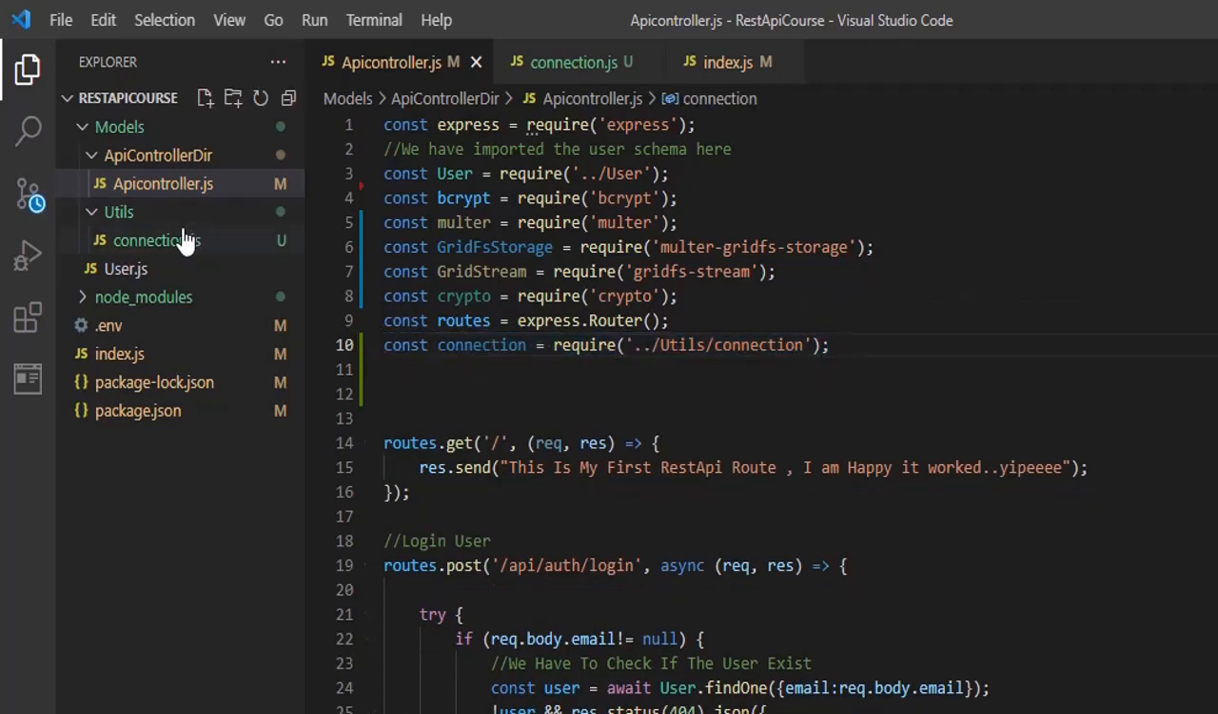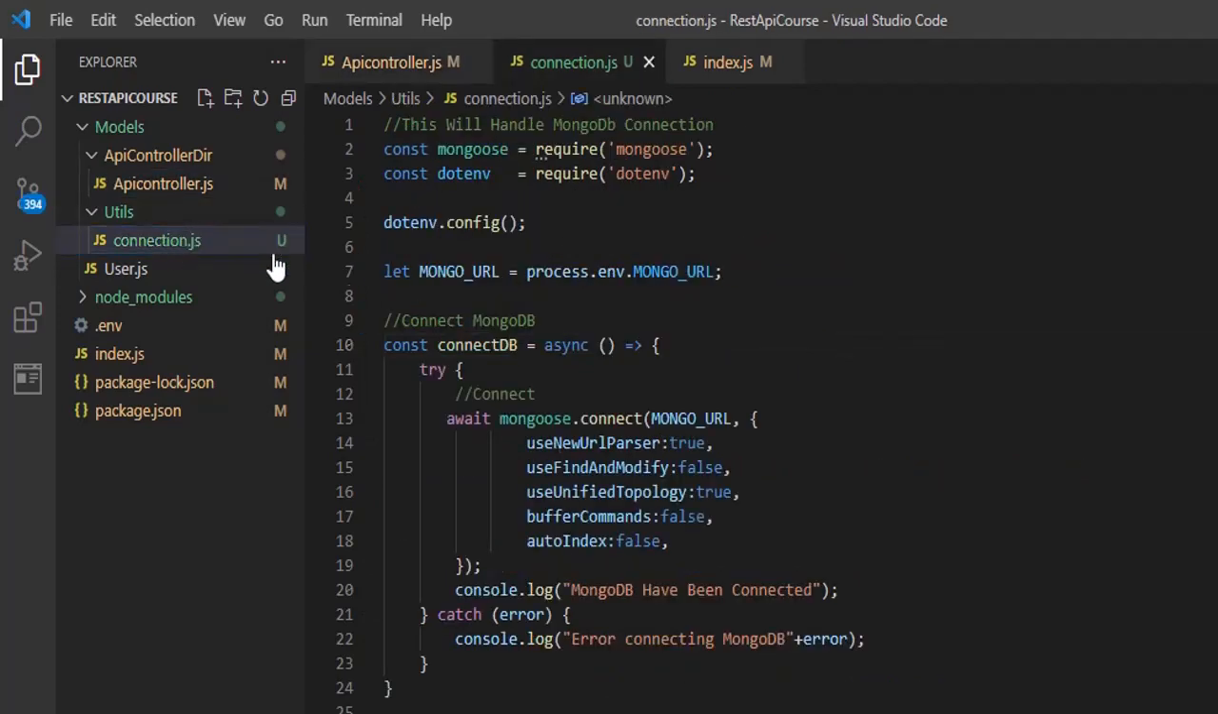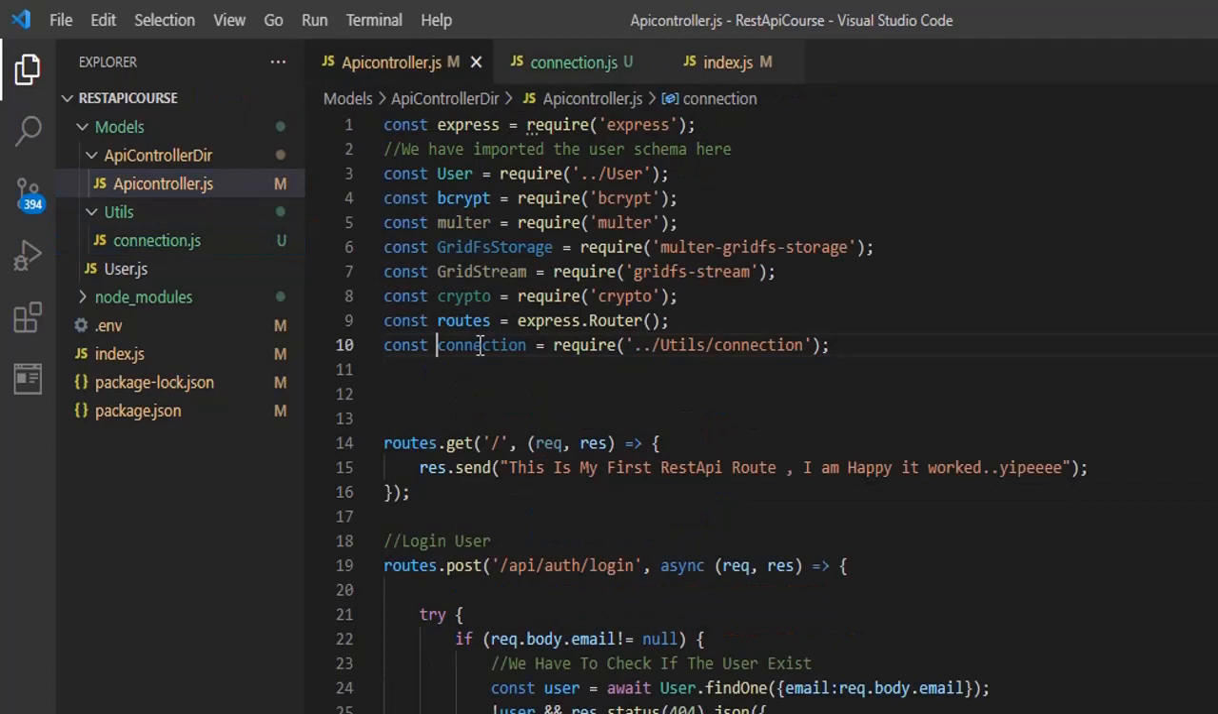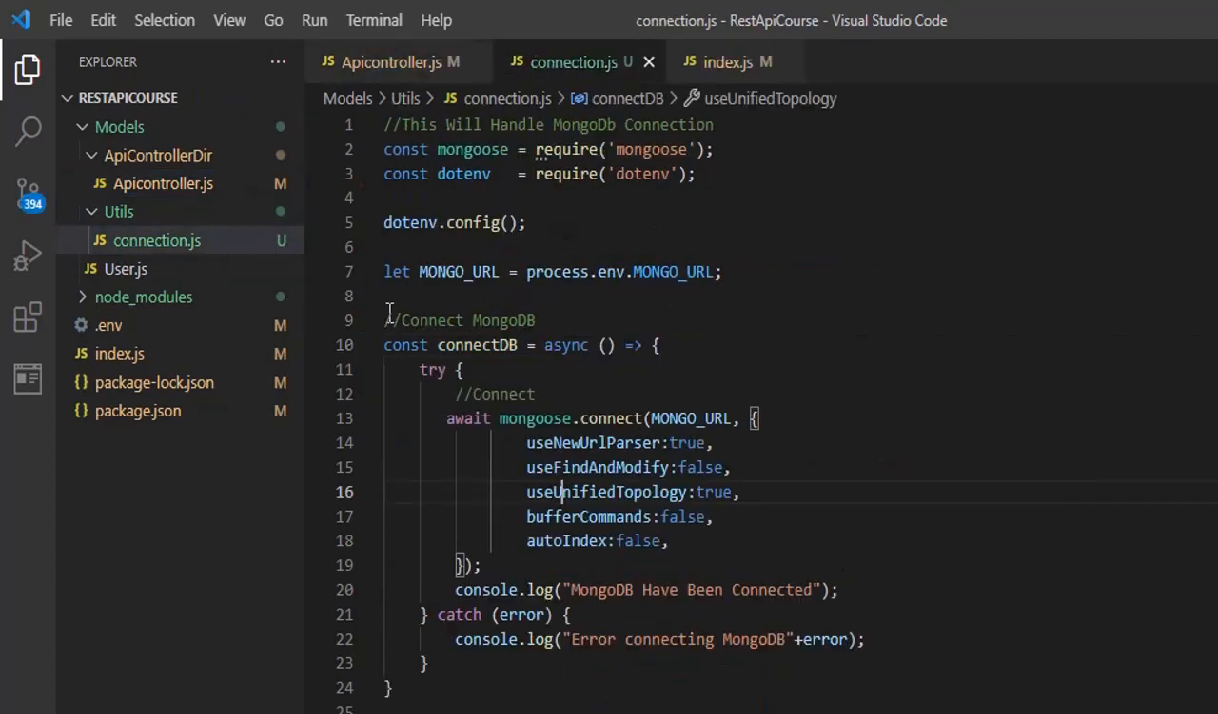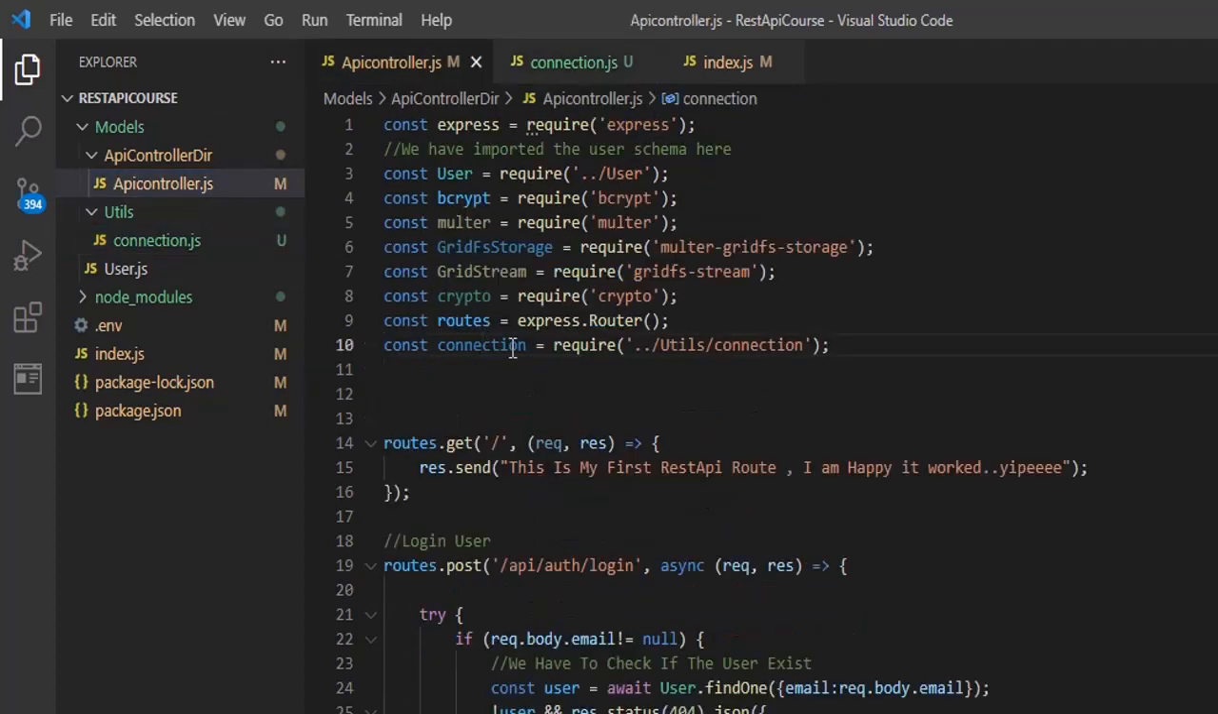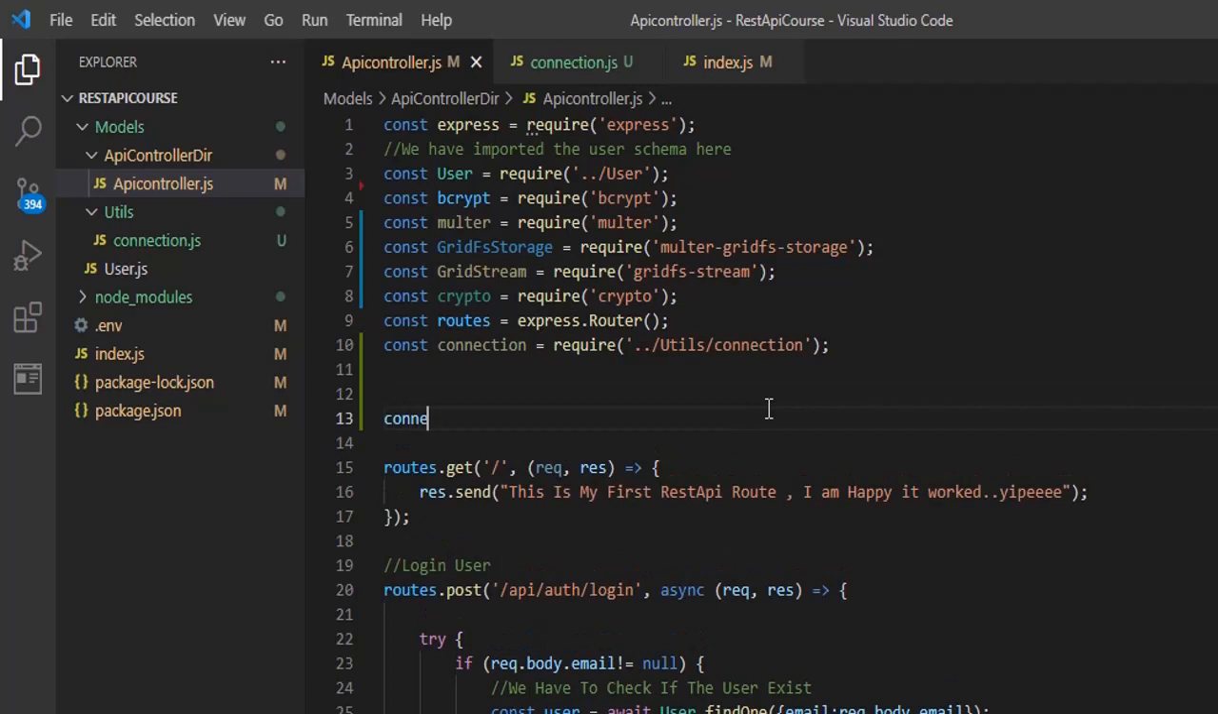We've imported it. Now let's call this function. We want to connect to MongoDB. Remember we exported the function, this function you see right here. We exported it here, and now we are also importing it in the API controller. So now I'm going to call the function to connect to MongoDB inside the API controller. We're going to say connection